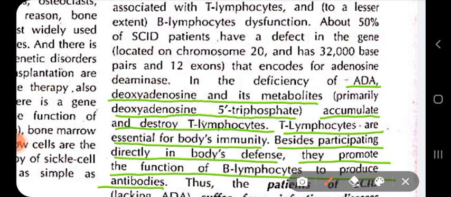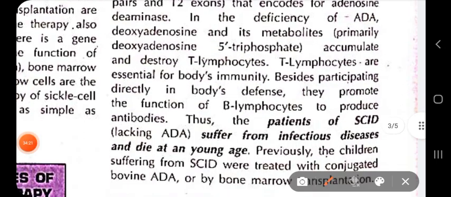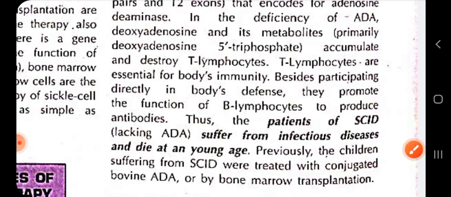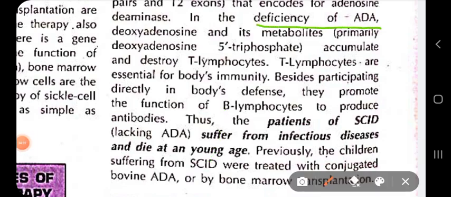Okay, so to rectify this disease, to cure this disease, we have to use a normal ADA gene, because these things are happening due to the deficiency of the ADA gene that codes for adenosine deaminase. So the patients of SCID lacking the ADA gene suffer from infectious disease and die at a young age, because if the immune system gets disrupted, then you can be killed by a normal cough and cold. Okay, so just like your HIV,